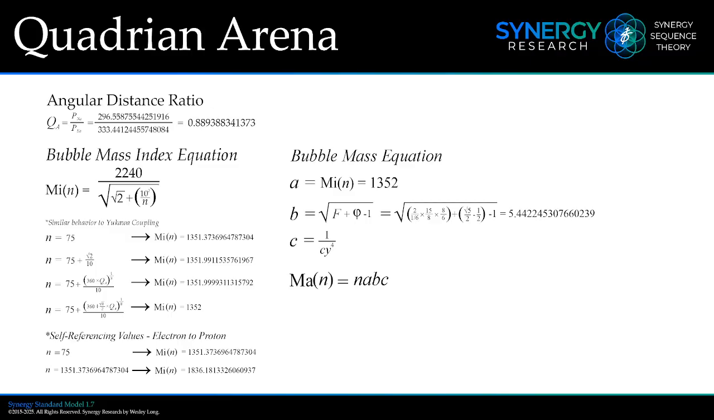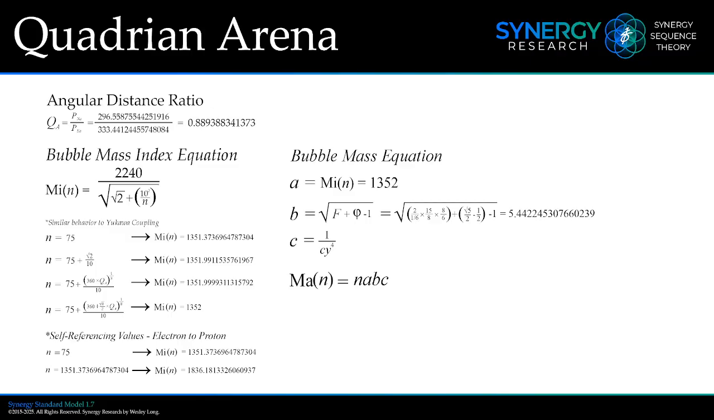And then a final note at the bottom. With n equals 75, mi approximates the electron. When the same formula is applied to itself, meaning when you feed mi back into mi, the result is approximately 1836, the electron to proton mass ratio. This is one of the most precisely known ratios in physics, and here it emerges naturally, not from measurement, but